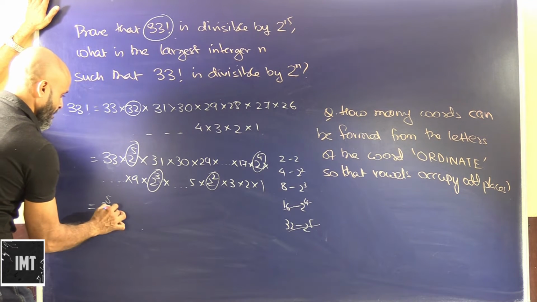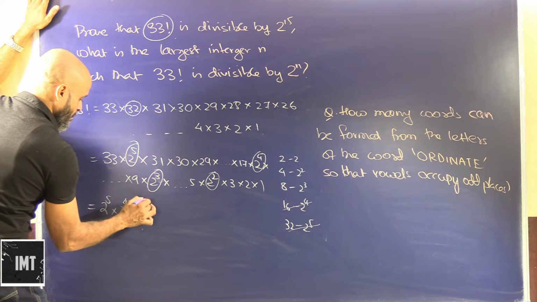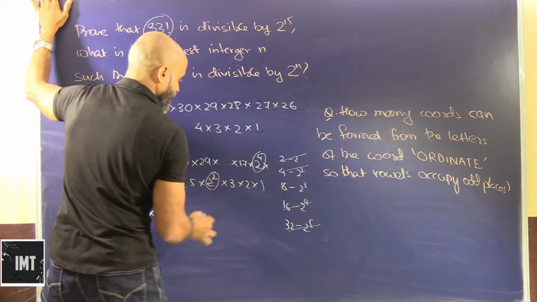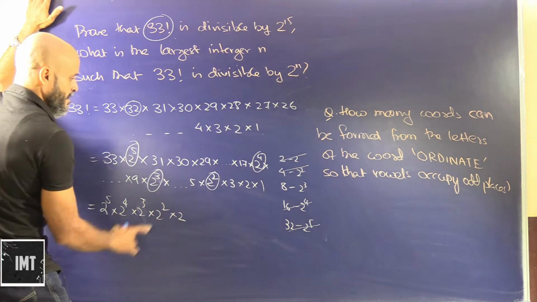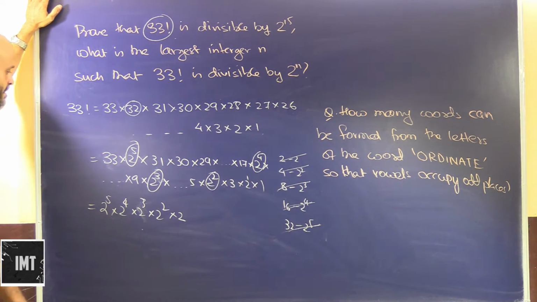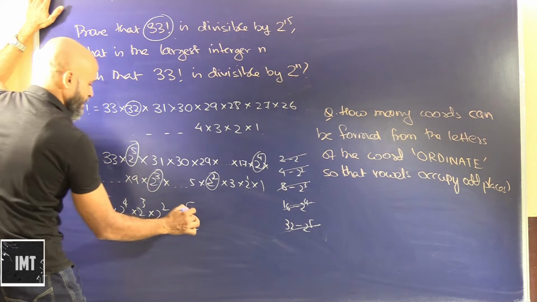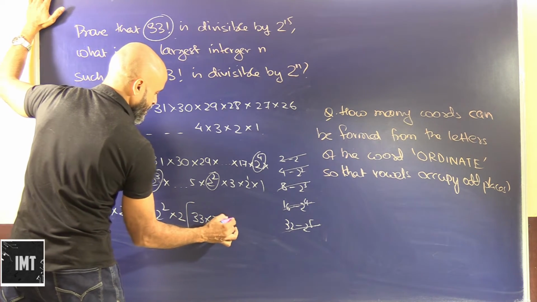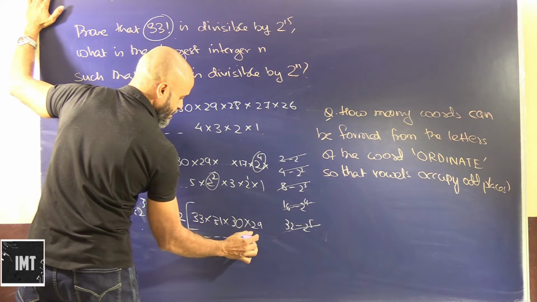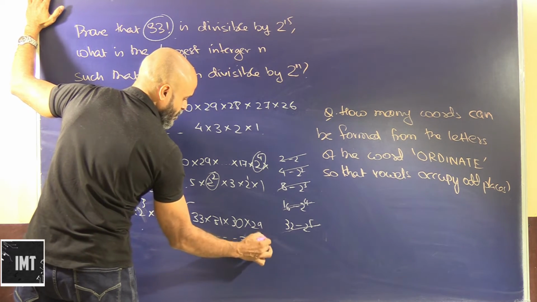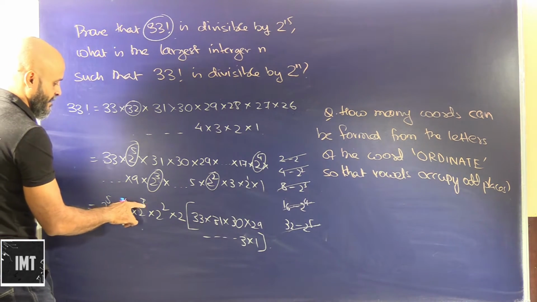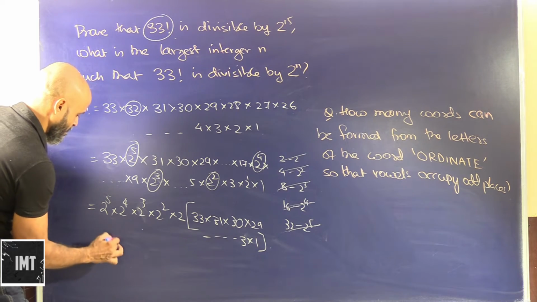So 2 to the power of 5, 2 to the power of 4, 2 to the power of 3, 2 to the power of 3, 2 to the power of 2. Amongst all these factors of factorial 33, we have taken out these, and of course 2 to the power of 1. So now we will be left with 33 into 31 into 30 into 29, till 3 into 1, because we have already taken out 2. Now this will be 5 plus 4 is 9, 10, 11, 12, 13, 14 and 1, 15. So this will be 2 to the power of 15.